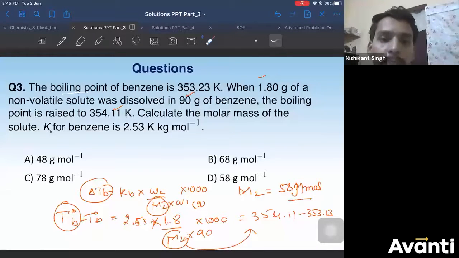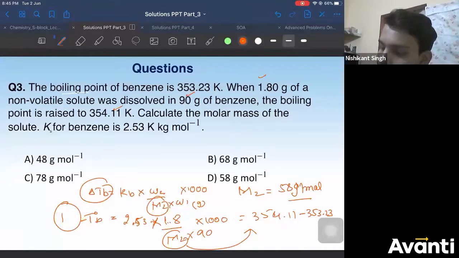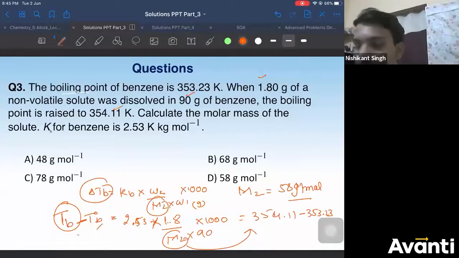This is not T0B, beta. It is TB minus T0B. I have cut it. This is TB minus T0B, the elevation in boiling point. Is it clear? This is TB minus T0. Is it clear, Kishore? Priyadarshini, just hold on, beta. Let me clear his doubt first. That was your doubt, Kishore? I hope it is clear.